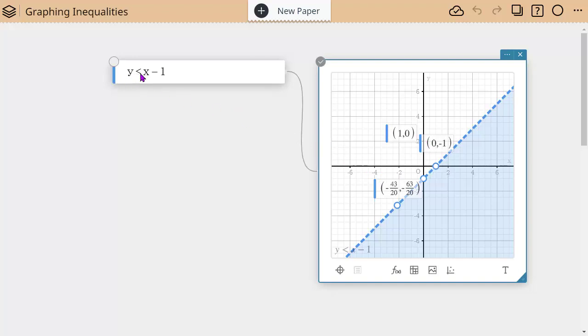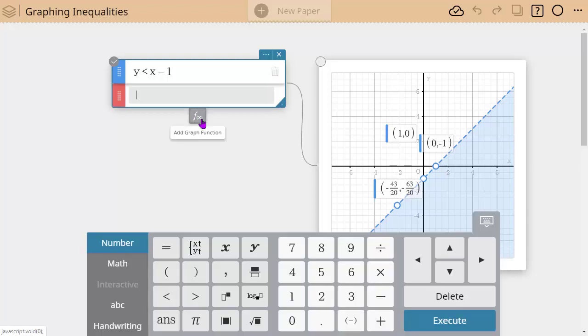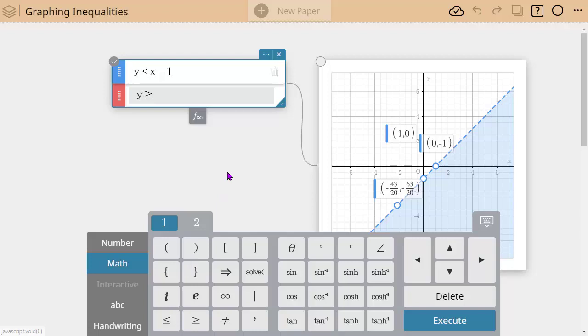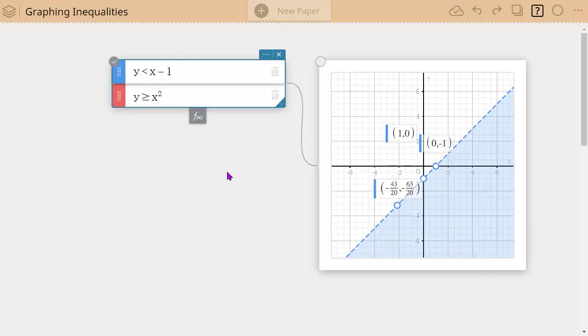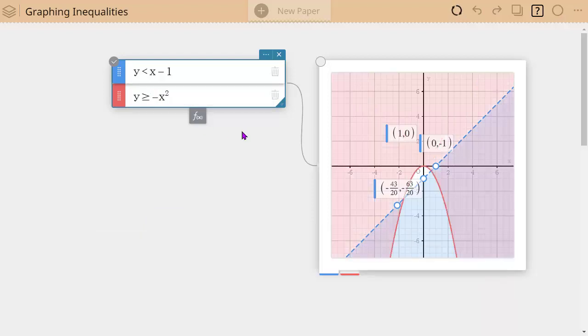If I were to change it, so let's actually graph a second inequality here. So how about we do y is greater than or equal to, I don't know, let's make it complicated, x squared. Oh, you know what? Let's make it negative, and it goes down. There we go.